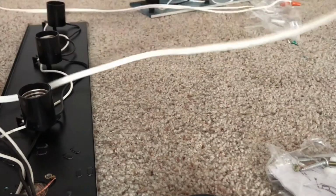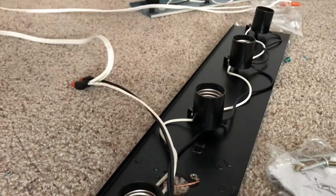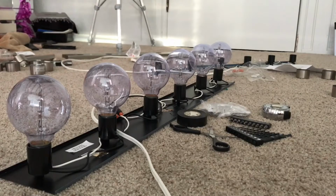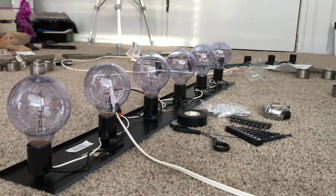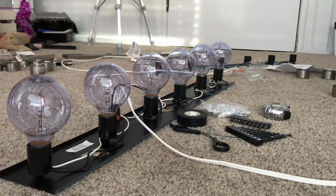So that's that. Now I'm gonna connect this to my extension cord and test out one light bulb and see if it works, okay? Again, I'm sorry for the mess, but I thought, why not try them all? Because realistically, this is what's gonna happen. I'm about to put 6 bulbs. So I'm gonna attach this to the extension cord now. And then,